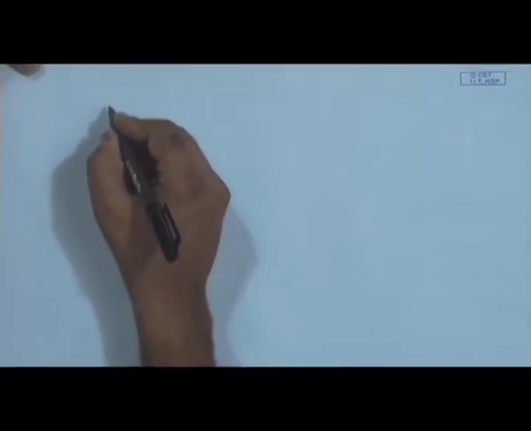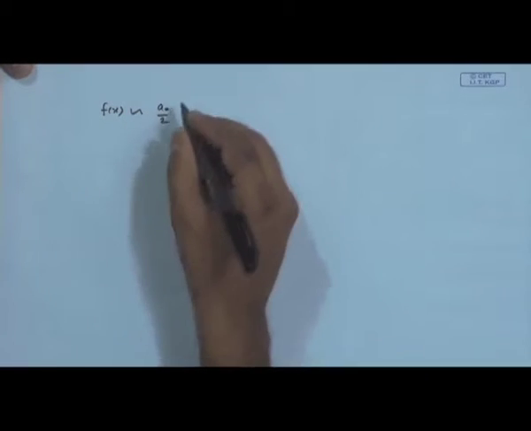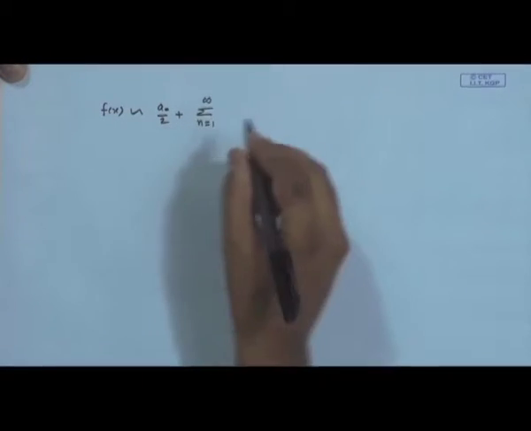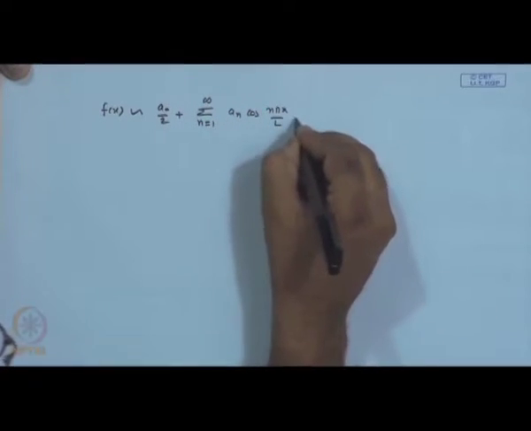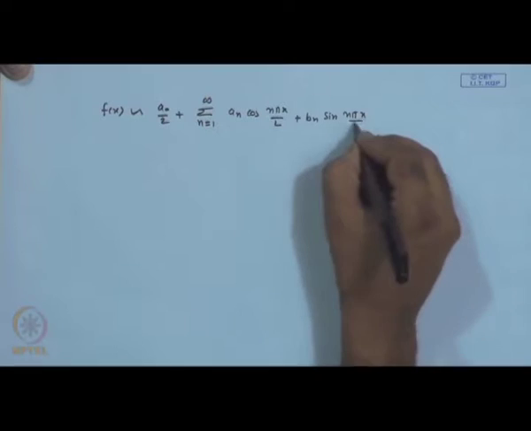Okay, welcome back to the lecture on Fourier series. In the last lecture we discussed the Fourier series representation of a function of period 2L in general, and also functions of period 2 pi. So, if a function is periodic of period 2L, then its Fourier series will be given by a0 by 2, which is a constant that depends on the function, plus the sum from n equals 1 to infinity of a_n cos(n pi x over L) plus b_n sin(n pi x over L),